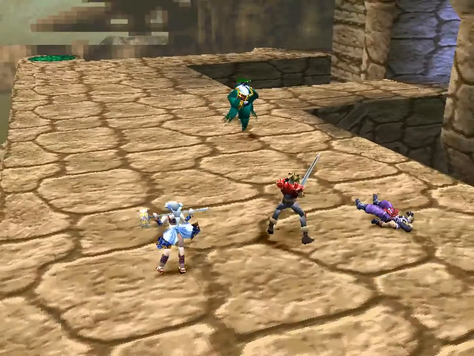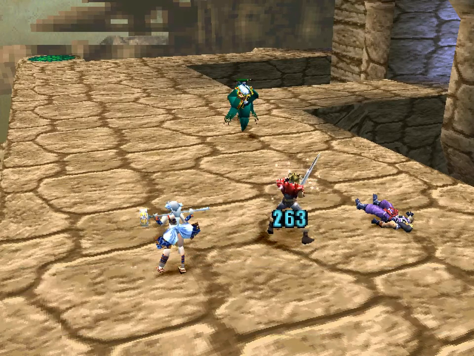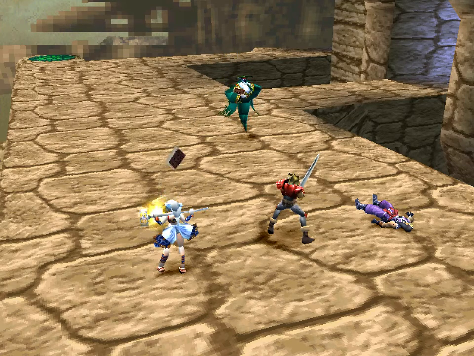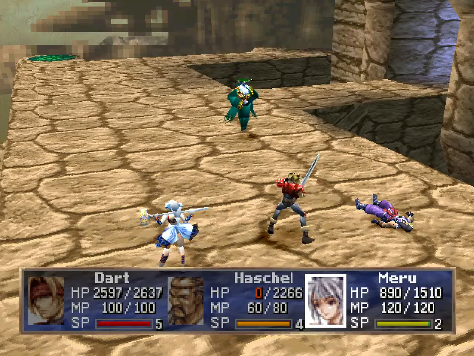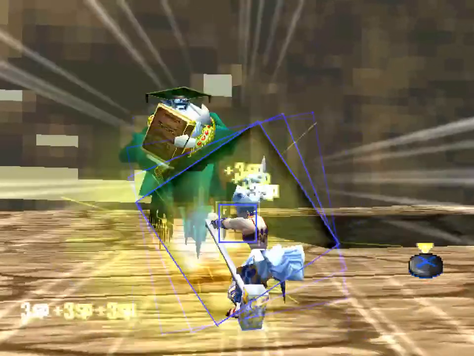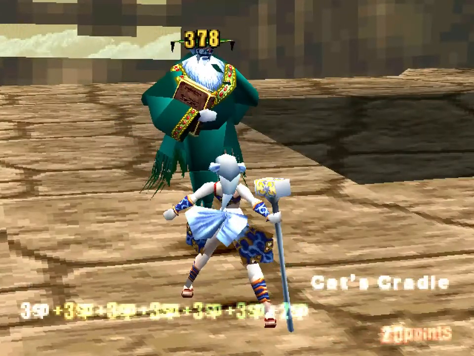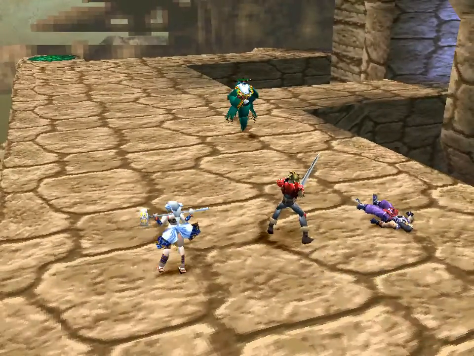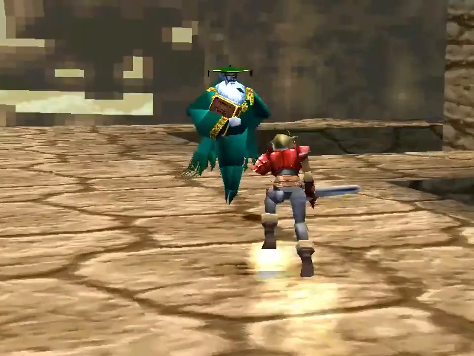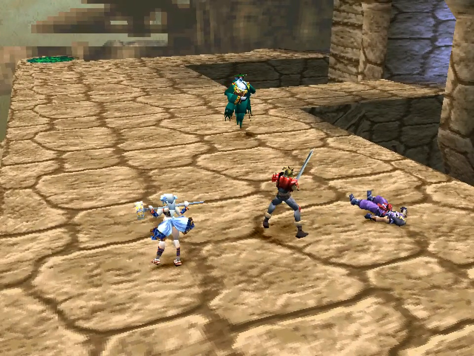Alright. Oh dear. I feel like the professor's gonna hit us with a... I'm gonna guard. Okay. So, a lot of enemies in this game have different attacks when they get under half health. So the guard there was so that we didn't put this thing under half health before it gets another turn. And then both Miru and Dart will go for the attack and kill it. Oh, right. Mischance. Because now...